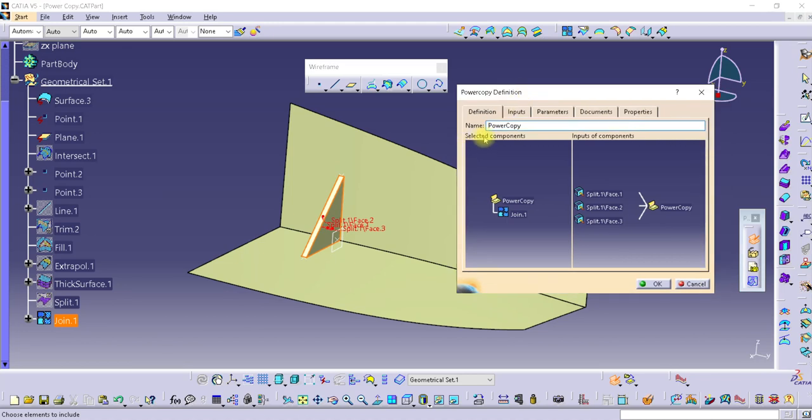So this is a selected component, and then we need to make sure our input of the component here. When we select one by one, later we can see only these 3, surface, point and plane, appear at this input. So basically this is the parent and child relationship. Join 1 refers to, we create join 1 using split phase 1, split phase 2 and split phase 3. So this one is not an input,